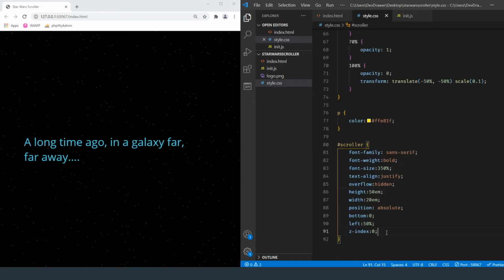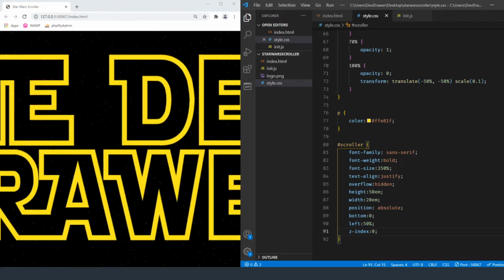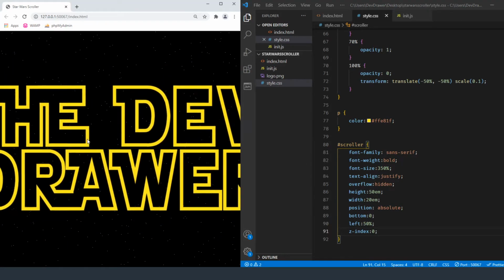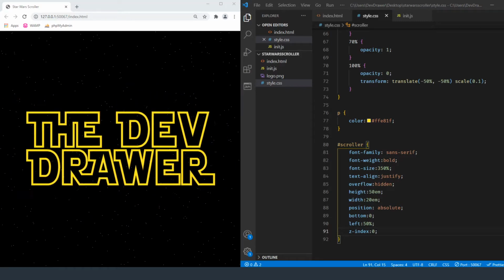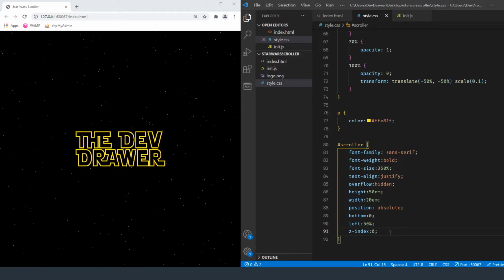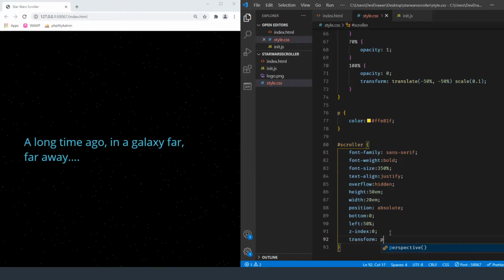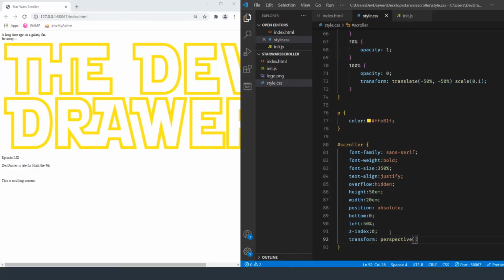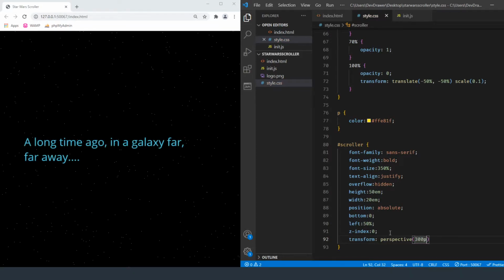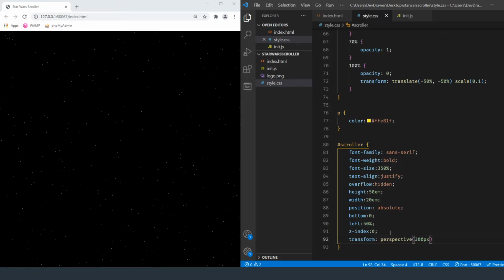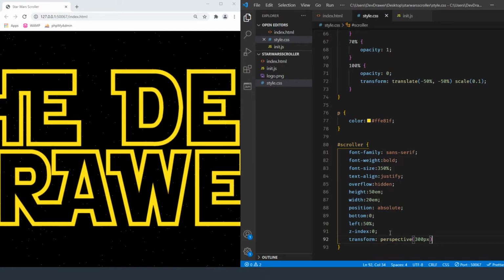And I think, let's see, what else do we need to do here? Well, we need to skew it. So let's go ahead and add some transforms into it. So we're going to do transform perspective. We're going to do a perspective transform, and we're going to make it 300 pixels, and then we're going to rotate it backwards a little bit. So it's kind of look like it's going towards the horizon, and then the text will just kind of get smaller as it goes back.